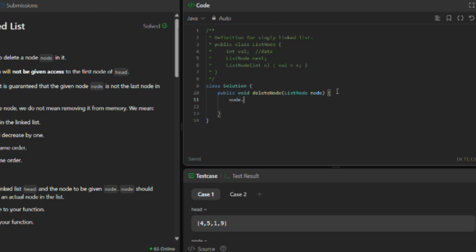node.data, we are considering it as val because they had given val, which is equal to node.next.val. And remember, we are using Java here. node.next is equal to node.next.next, right? This was the thing we did. Oh, here we have to put a full stop. Yeah,